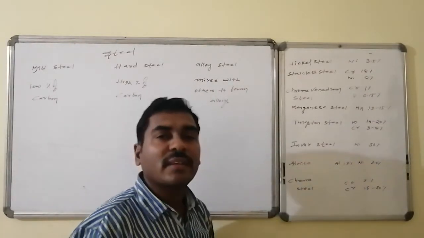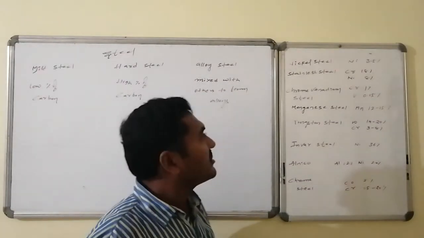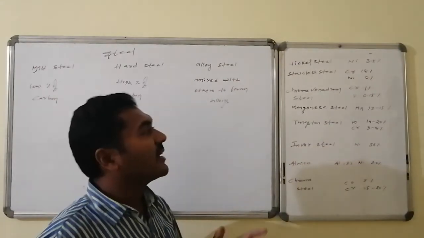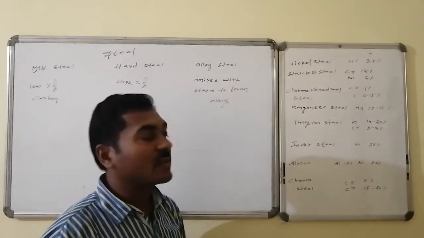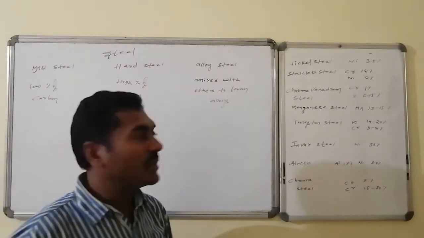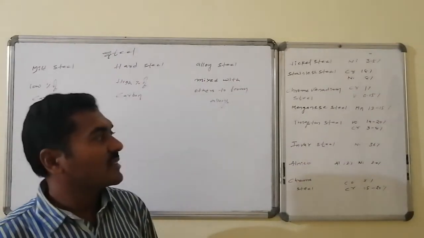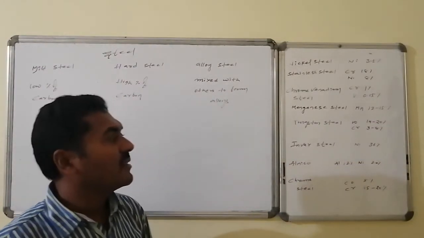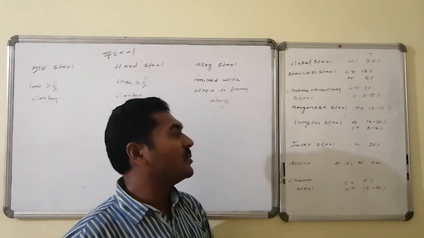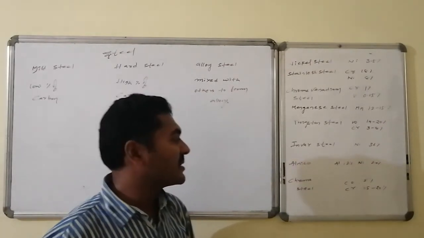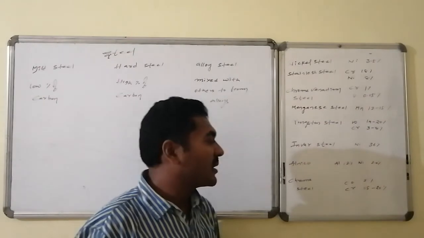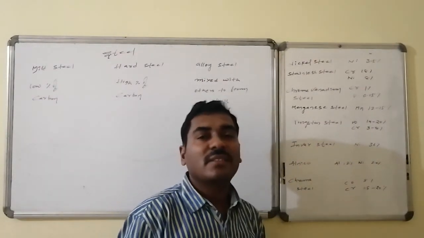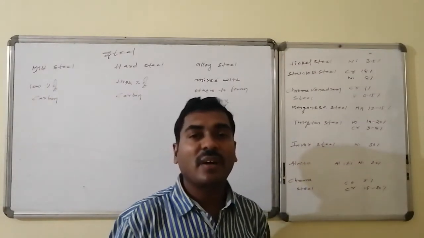Stainless steel, for cookery items, we will use chromium 18%, nickel 8%. Chrome vanadium, the chromium and vanadium combination with 1% and 0.15%. Manganese steel, manganese 12 to 15%. Tungsten steel, tungsten is 14 to 20% and chromium is 3 to 8%. Invar steel, nickel is 36%. Alnico, aluminium 12%, nickel 20%. Chrome steel, chromium 1.5 to 20%, cobalt is 5%. Such combinations with iron are said to be the different varieties of alloy steels.